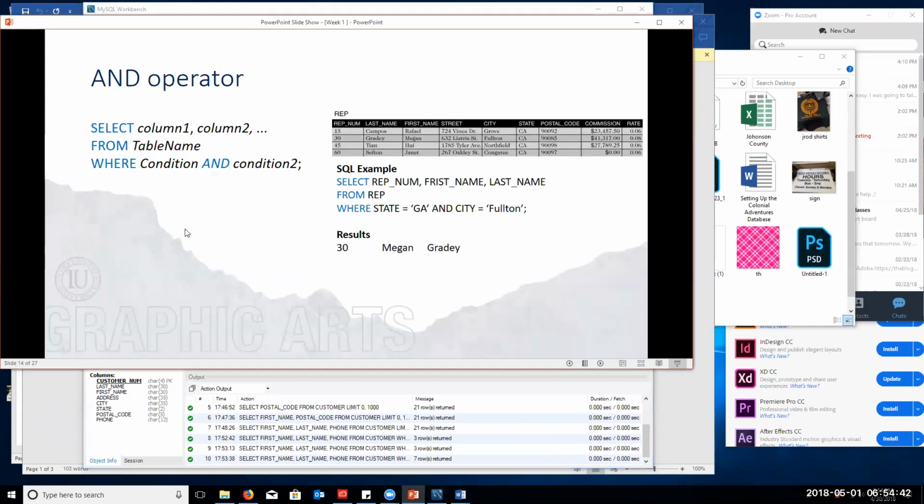An AND statement is like our rep table example here. We want it to pull the state of GA and the city of Fulton. Well, that is Megan Grady, because she lives in Georgia and she lives in Fulton for the city, but all the other ones live somewhere else. So if we did that to our database,